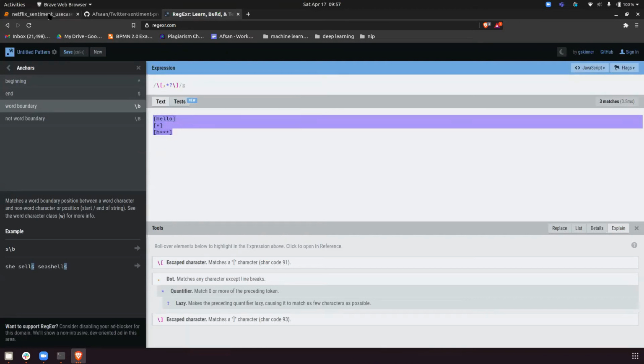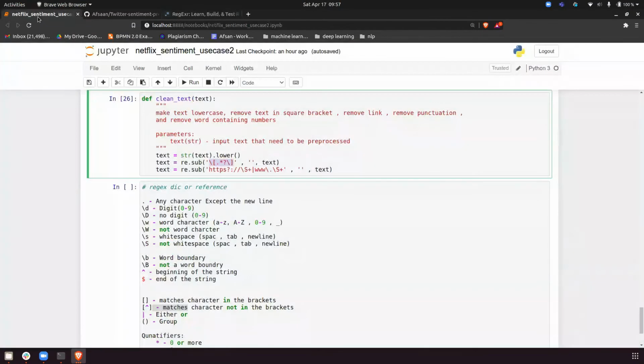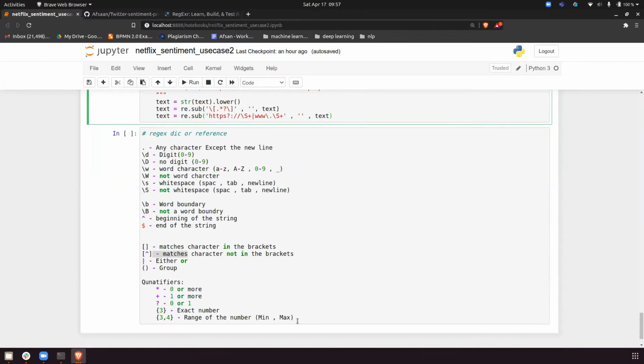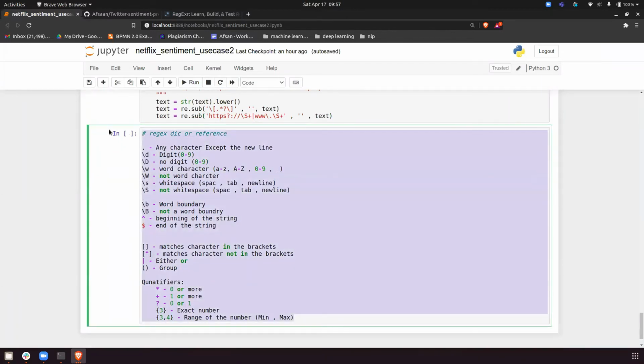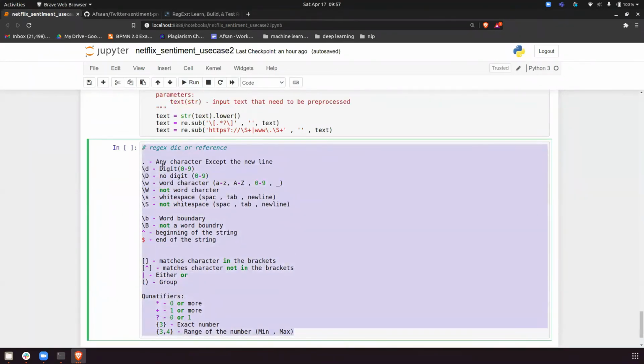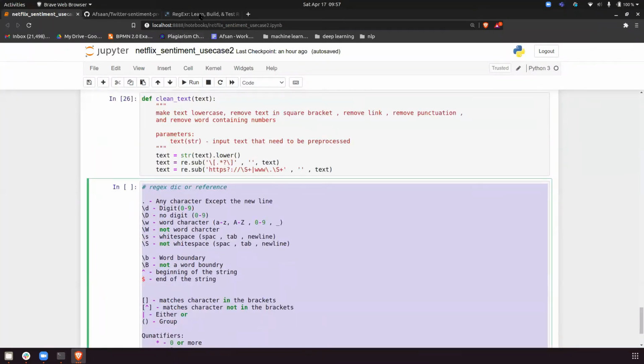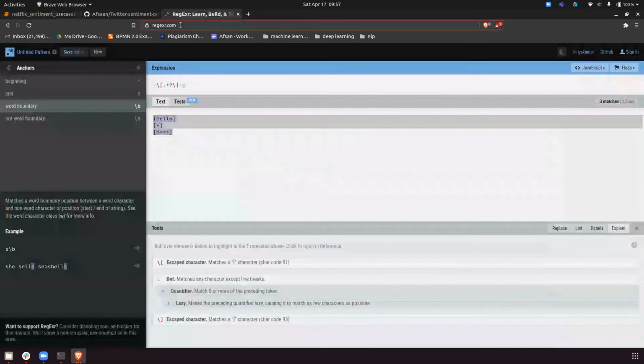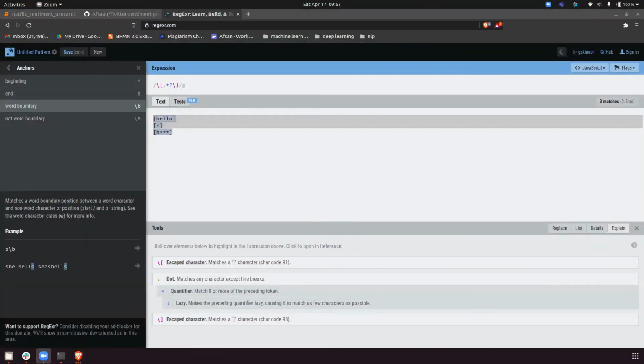So basically what you are writing here can be tested here, just to confirm that what you're writing is correct or not. This is the first difference, and you can always refer to this reference. And the other is regexr. So what I will do is copy the link and paste it in the chat box. If you want to work with this, you can work with this.